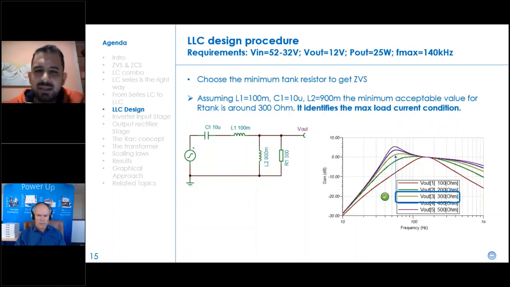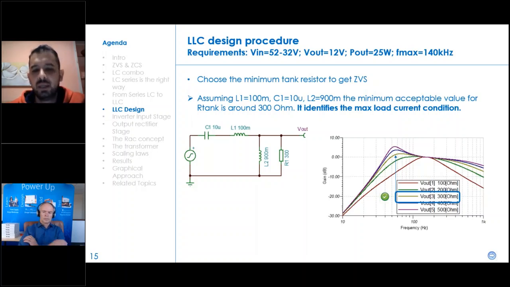Actually, it's even slightly less. If I do not remember wrong, it is something like 220 or 230. But let's take some margin and keep 300 ohm. Why 300 ohm? Simply because it is the minimum resistor value for which we are able to guarantee the right behavior of the LLC. Remember, if the voltage falls, whatever the root cause is, bus swing, load swing, whatever it is,